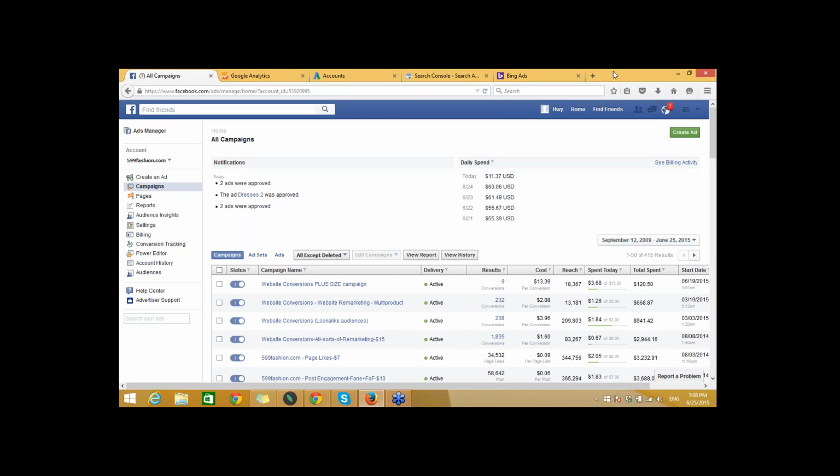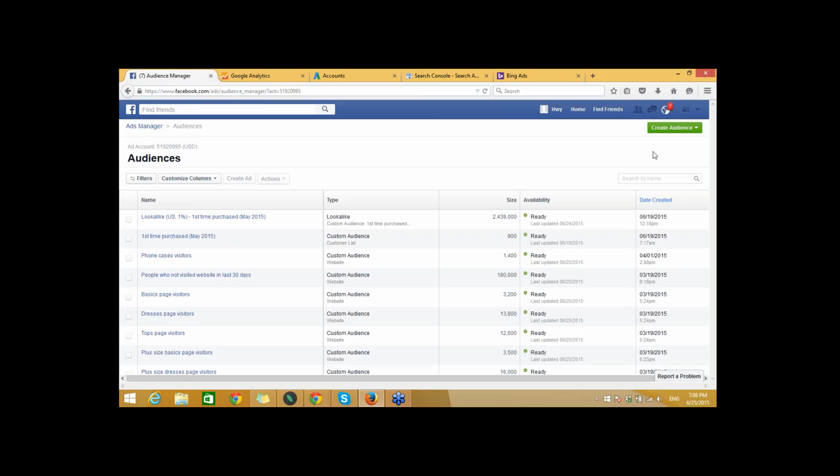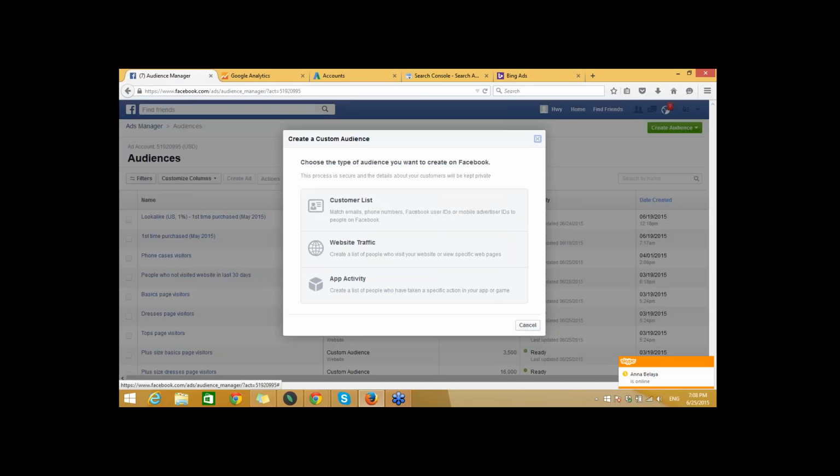So the number one thing you have to do is build your audiences. If you go to your Facebook advertisement, there is the audience manager. Then you have to go into create an audience. You have multiple choices between custom audience, lookalike audience, and saved audience. The number one that you go for is the custom audience. With the custom audience, what you can do, and that's from what I know from multiple brands that we work with,